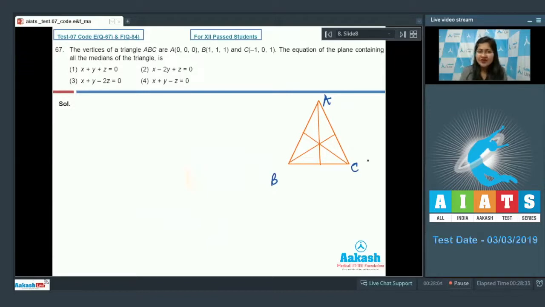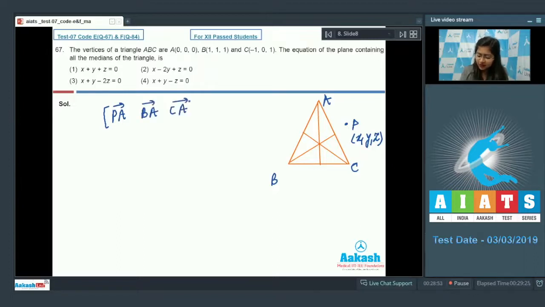Now, this is obvious that if the medians are lying on the plane, then the points A, B, C will also lie on the given plane, right? So, the question becomes very simple. That is, we know 3 points from which the plane is passing. Let us take a point on this plane, that is P, that is X, Y, Z. So, we can see that the scalar triple product of PA